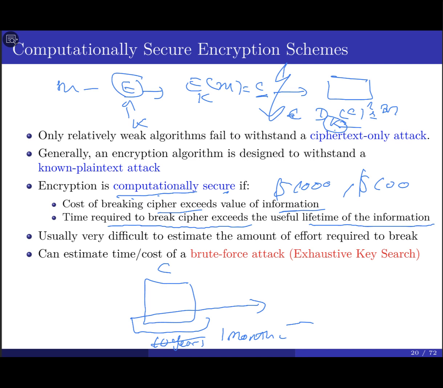If the size of the key, for simplicity, is only 2 bits, that means you have only how many keys? 00, 01, 10, 11. You have 4 keys that you have to try at most in order to figure out the corresponding message. That's what we call the brute force attack, or the exhaustive attack. So we can estimate the time, the cost of that, how long it takes you to try every single possible key.